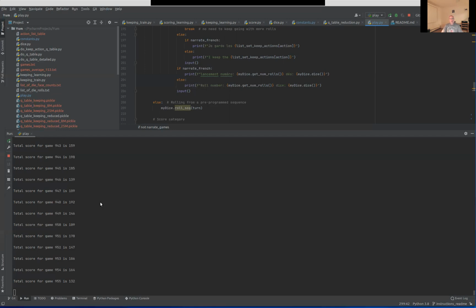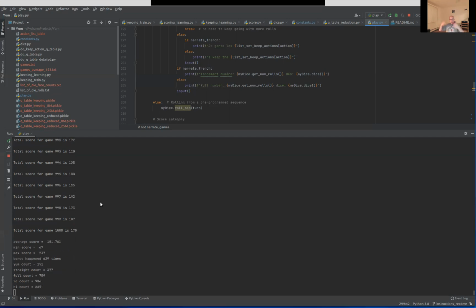And so that's why when I say that you can download that and it will work right away, because for the play, if you download and run play, it's going to use the reduced Q tables to play directly. But if you're doing a training, it's different. When it starts the training, it's going to explode the Q tables to full size while it's doing the training, and after the training, it's going to reduce everything,